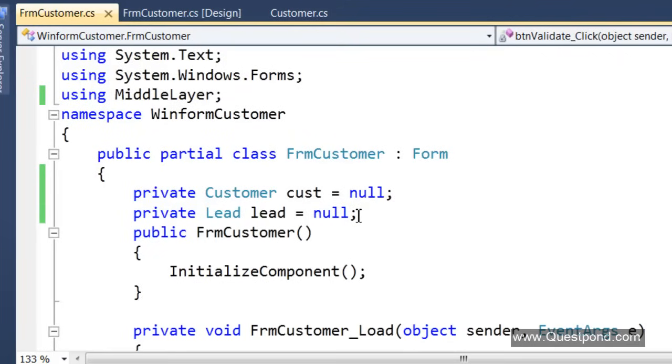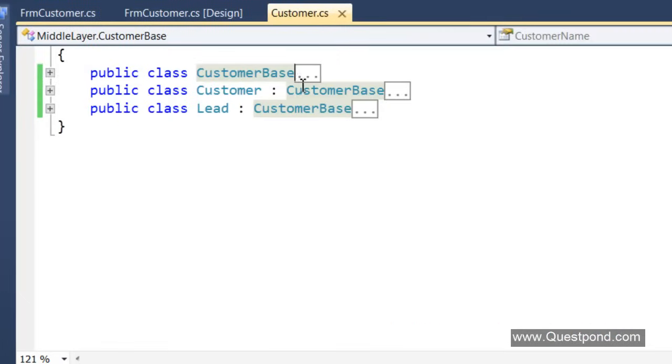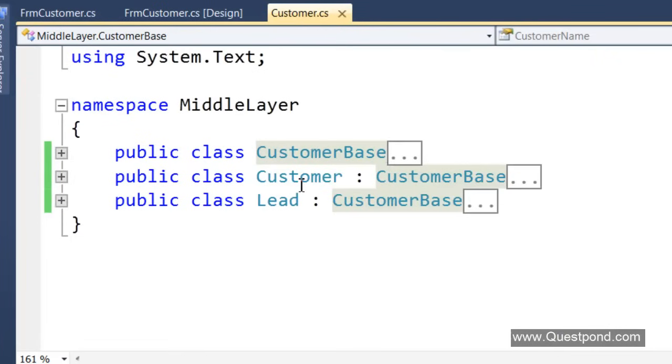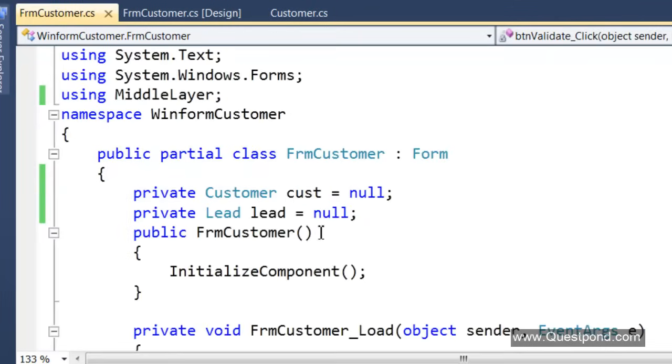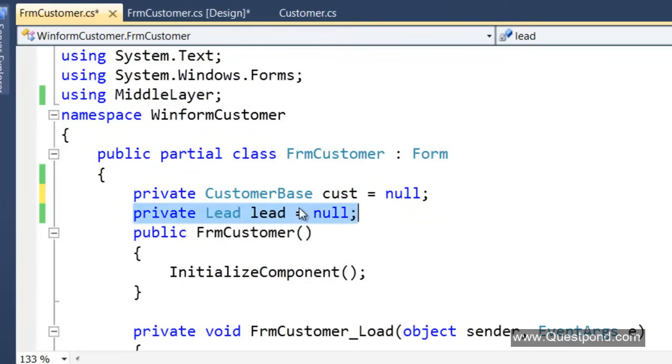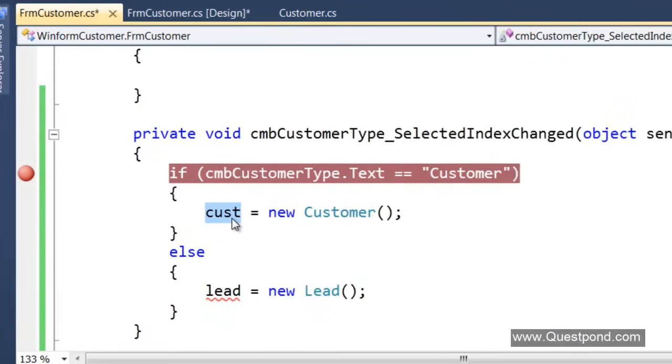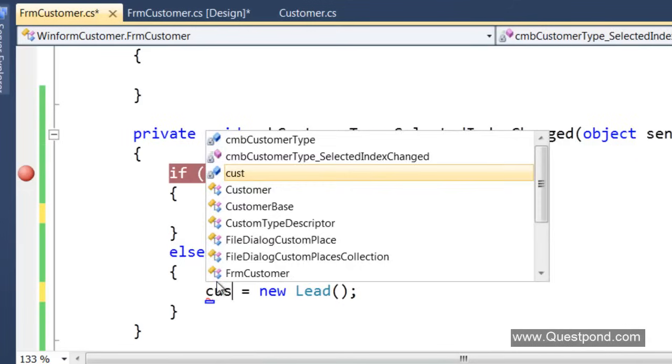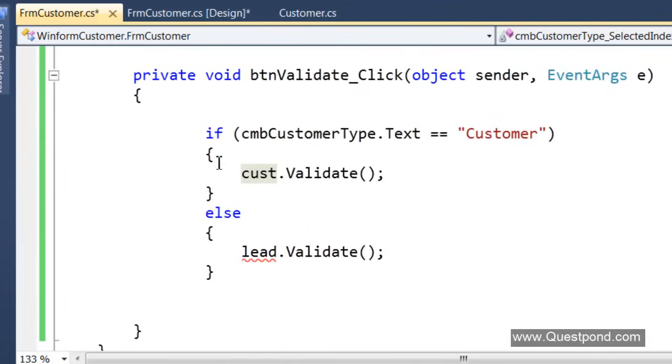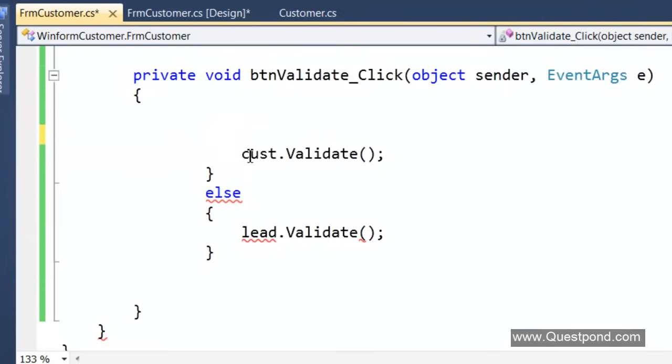Okay. So let us go step by step. So at least, can we bring down the number of code changes, right? So the first thing I can really do over here is use polymorphism. In other words, if you remember, both of our classes, customer and lead, inherit from the customer base class, right? So I can create one reference for the whole UI. So I can say this is customer base, and depending on situation, the customer base can now point towards new customer, or it can point towards a lead, right? And then in the validate, I can just say cus.validate.